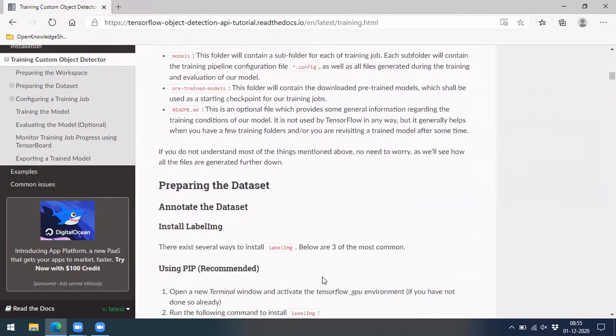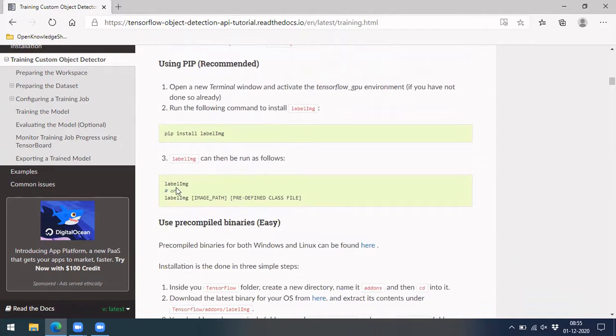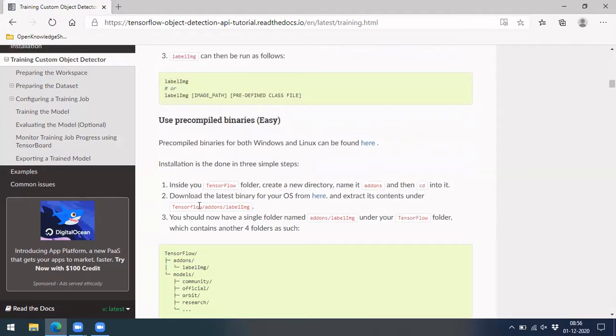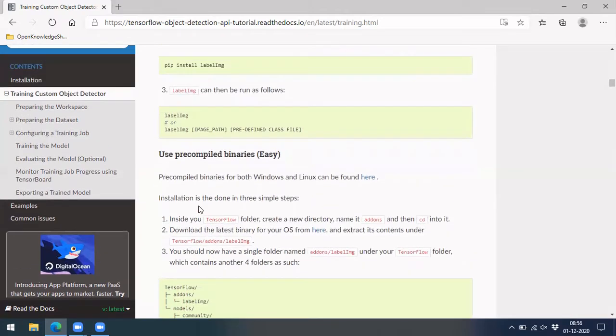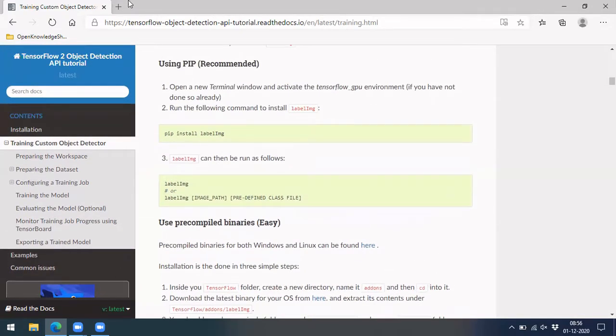But this comes at a later phase, when we are actually training a model. As of now, for preparing your dataset, there is a Python package called labelImg, which you can download by using pip install labelImg. Once it is done, just call labelImg, and it will open a pop-up with the image and a set of predefined classes which you have to label. We will see that as well in the video. But as of now, let's see how to set up this object detection API.